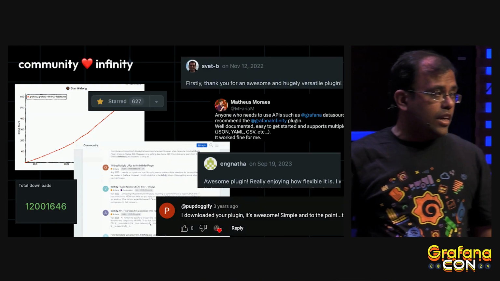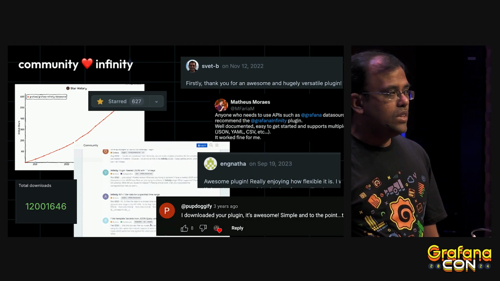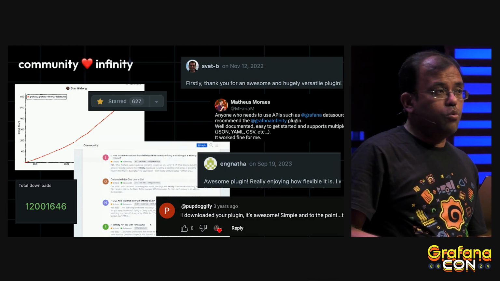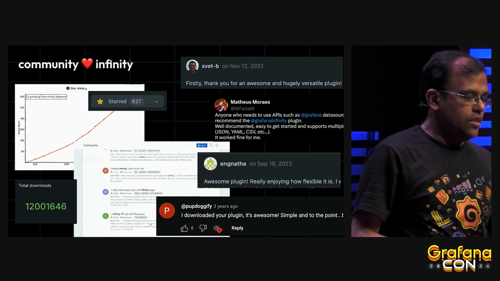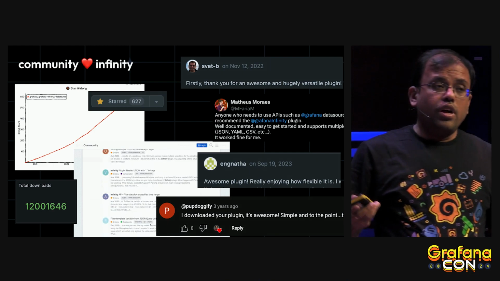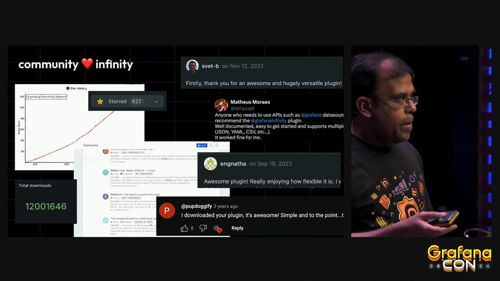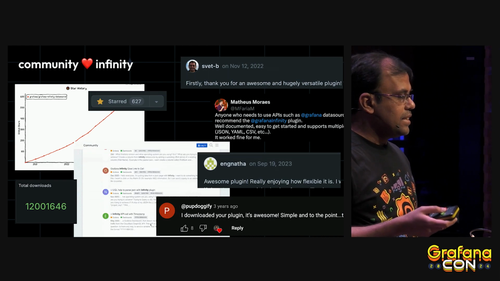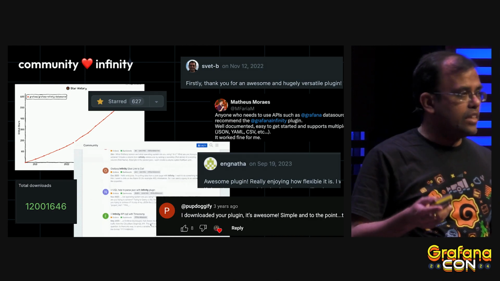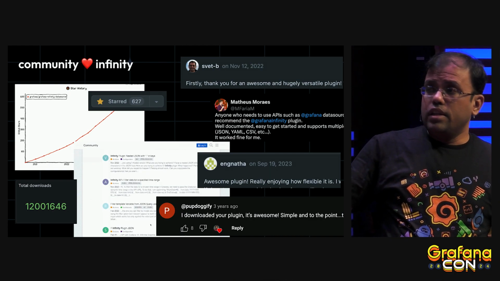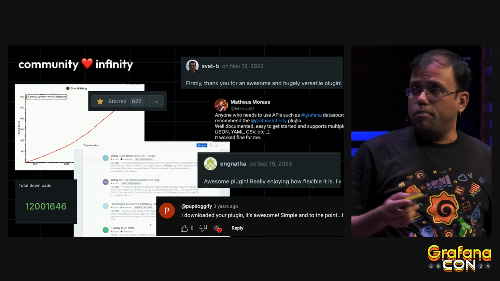Okay, I'm continuously getting amazed with how many use cases our community comes up with for Infinity, and also how they show their love towards the Infinity plugin. I'm really, really impressed with that. And also, there are a lot of active community members interacting in the Grafana community forum, asking questions and helping each other about Infinity and all the cool use cases they are trying to connect. And recently, Infinity got 12 million downloads in the Grafana.com catalog.